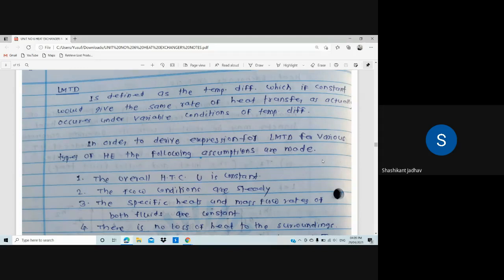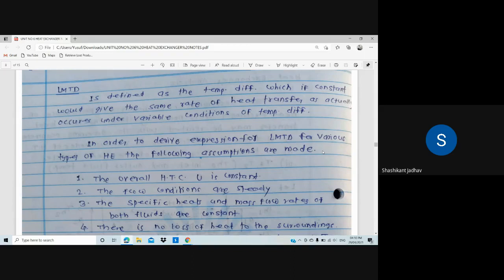ओके, मास फ्लो रेट असणार आहे तो आपण कॉन्स्टंट कन्सिडर करणार आहे. म्हणजे जे काही पर सेकंड केजी सेकंड जे पास होणार आहे किंवा जी काही स्पेसिफिक हीट असणार फ्लूइड असेल कोल्ड फ्लूइड असेल तर ते कॉन्स्टंट असणार आहे. वी हॅव टू कन्सिडर दिस assumption. सो राइट ऑन थर्ड assumption, the specific heats and mass flow rates of both fluids are constant. Okay. So this is the third assumption.